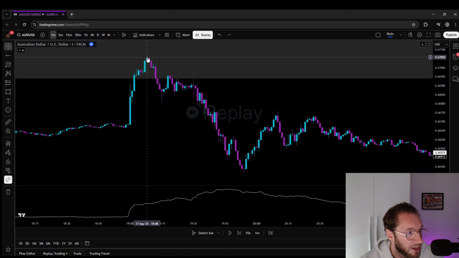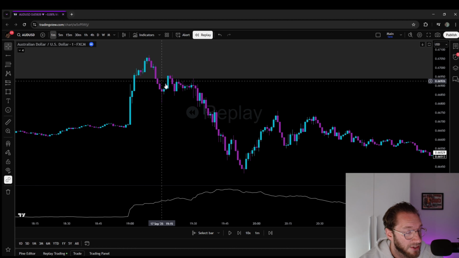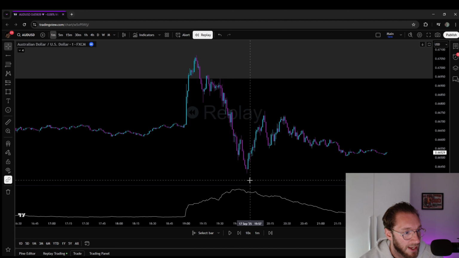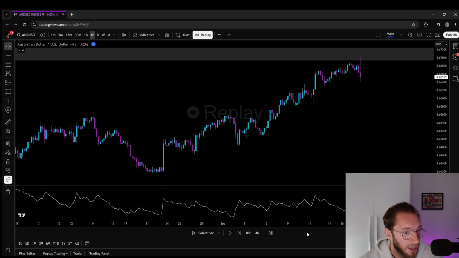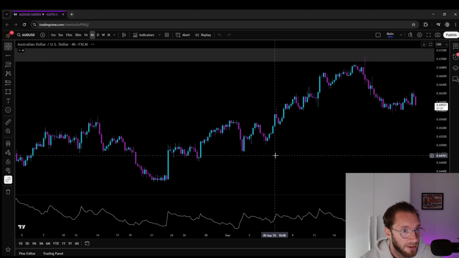There's no reason why the market is going to turn there just because you have a fair value gap. It's all about finding those bits of analysis within context, within the larger, the higher time frame areas. And you guys can see, the move to the downside here is huge. If we actually go to the 4 hour and I come off the replay tool, this is the high of